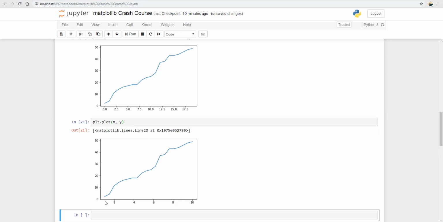Okay, so the data starts from 1 and ends at 10. So this is how we can also control the x-axis. Now let's go ahead and change the color of this line. By default the color is blue. We can change the color